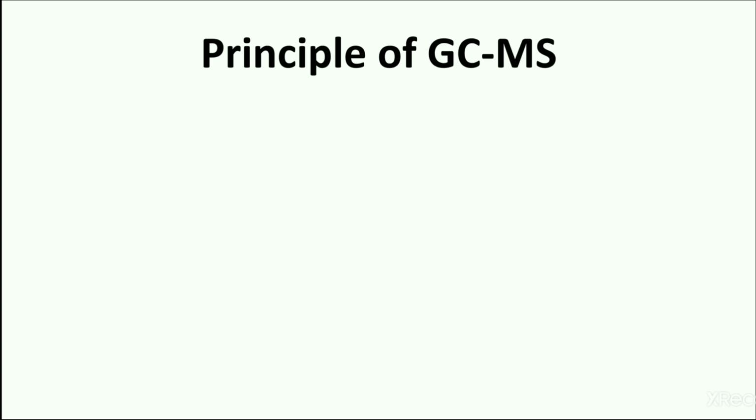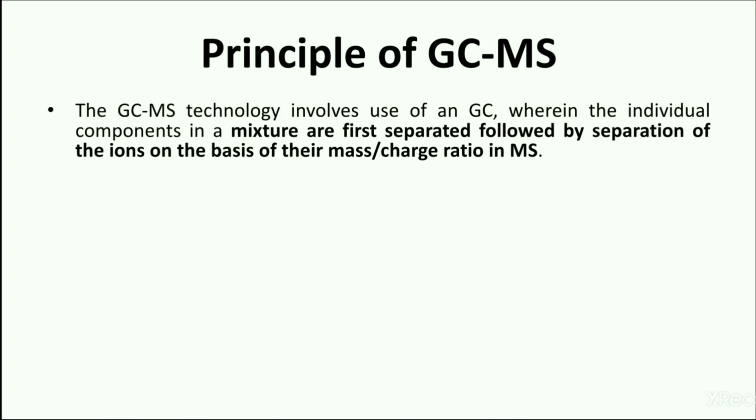GCMS, being an important analytical hyphenated technique, utilizes the principles of both gas chromatography as well as mass spectrometry. In gas chromatography, the sample solution is vaporized using a heated vaporizer and injected onto the head of a chromatographic column by the carrier gas such as helium. Other carrier gases used in gas chromatography are nitrogen, hydrogen and argon, while helium and nitrogen are most commonly used.